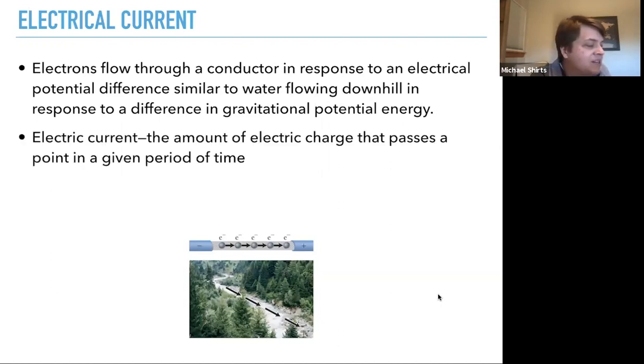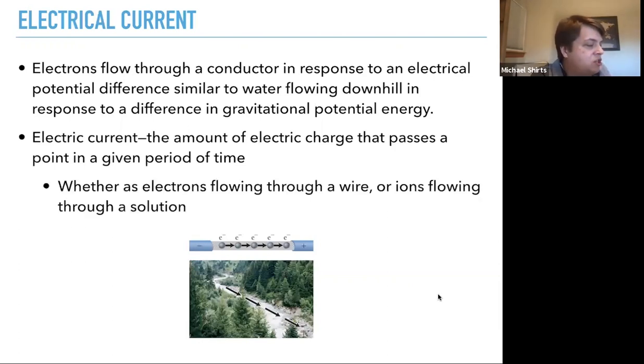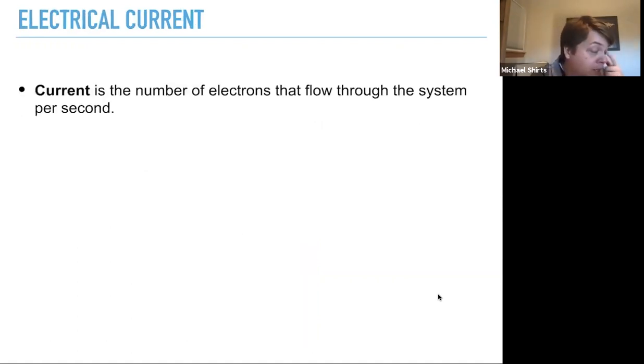And so electric current is simply the amount of electric charge that passes a point in a given period of time. So whether the electrons are flowing through a wire or as ions flowing in a solution, it's the amount of electric charge passing a point per unit time. And so for a current, the units we use are the number of electrons that flow through the system per second. Now it'd be very awkward units to count the literal number of electrons per second because it'd be so many in both cases. So the SI unit is